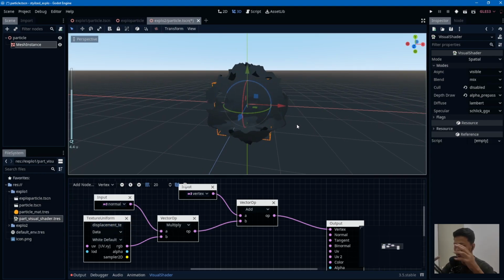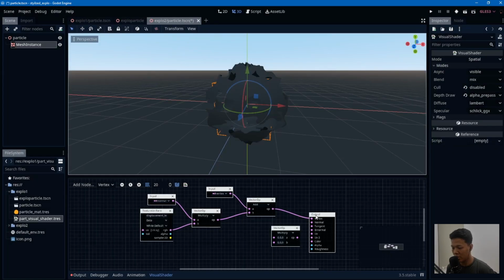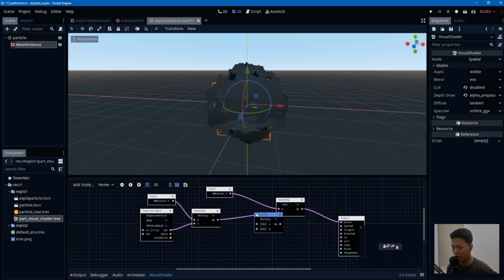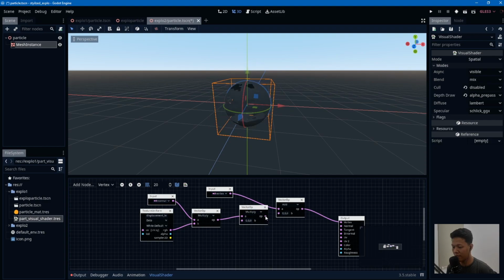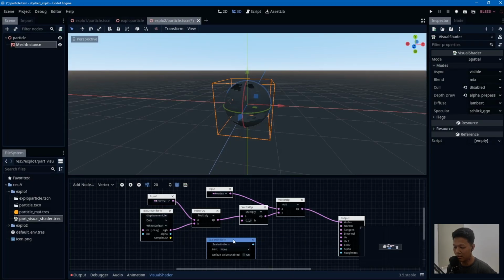Right now it deforms from the center outward, right? And then we can also multiply, which is going to be the strength of the displacement itself. And then I'm going to set displaced. What am I looking for? Scalar uniform. My typing skill is kind of bad. Scalar uniform, and then call it like